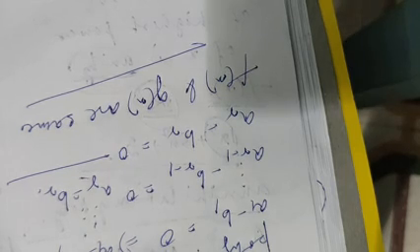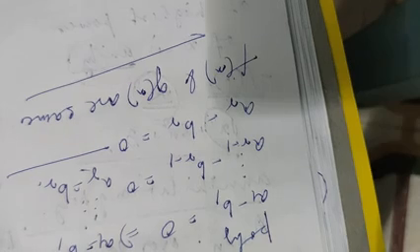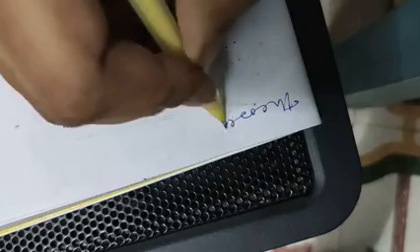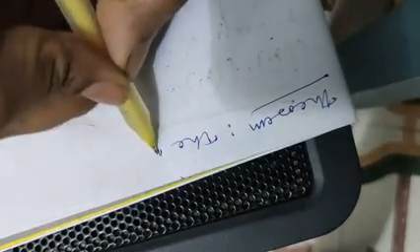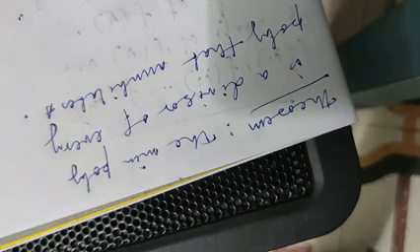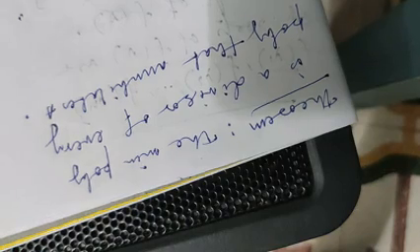Next, moving to the next property of minimal polynomial. It states that the minimal polynomial is a divisor of every polynomial that annihilates A. That means whenever we get one annihilating polynomial of A, suppose g is an annihilating polynomial, that is g(A) equal to 0, then the minimal polynomial will divide that g. We need to prove that.